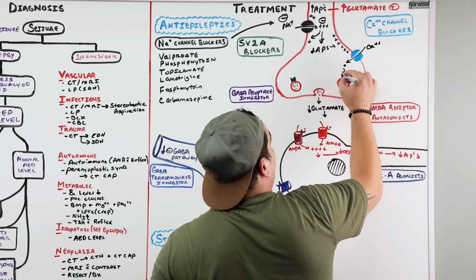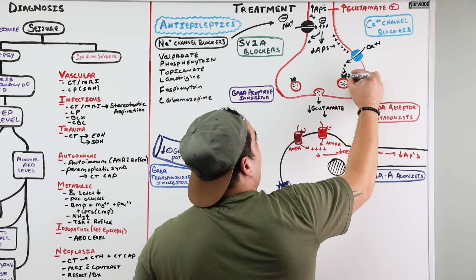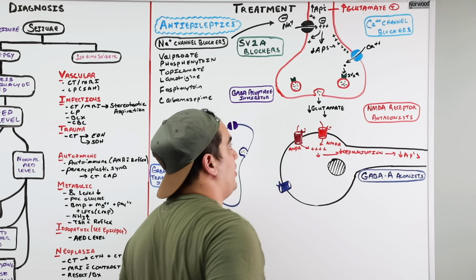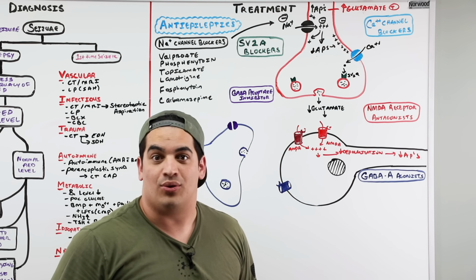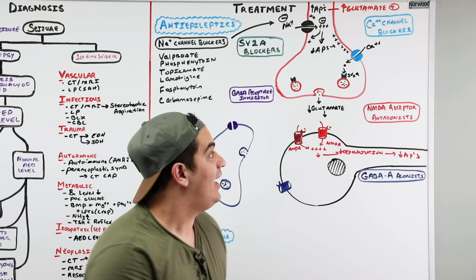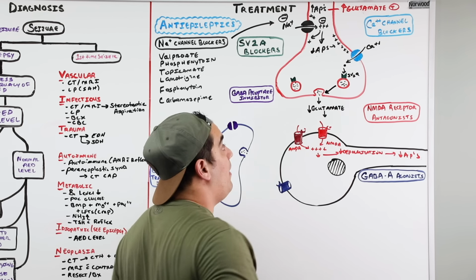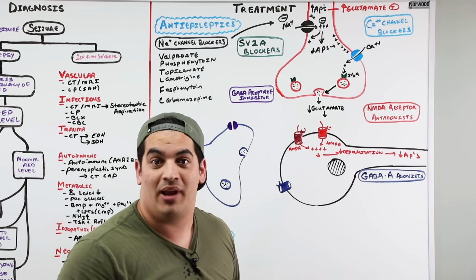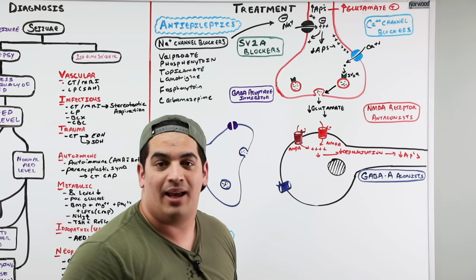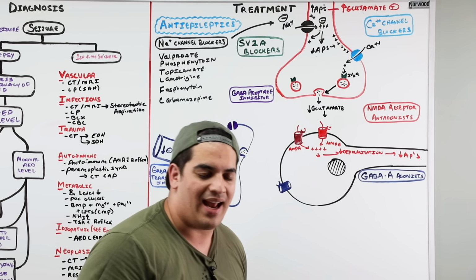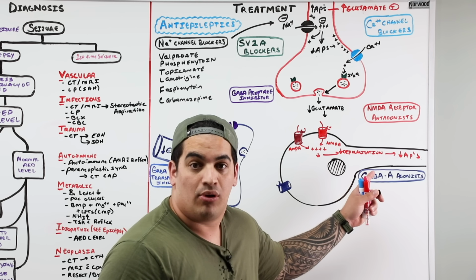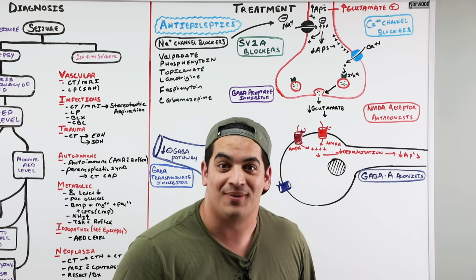Guess what calcium does? Calcium binds onto special types of receptors called SV2A receptors that are present on these vesicles, binds onto them, and engages this synaptic protein with the cell membrane to induce glutamate release. Glutamate acts on AMPA and NMDA receptors, causes cation influx, causes depolarization, causes action potentials.